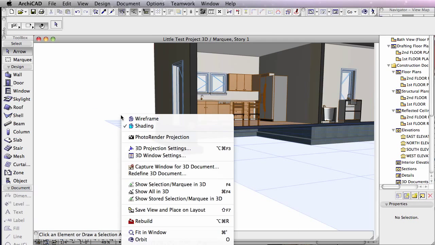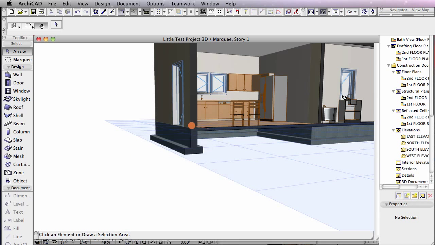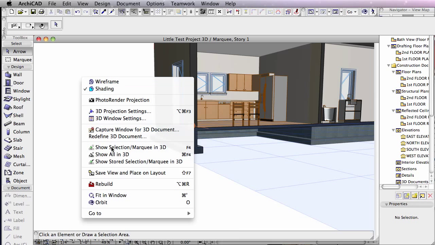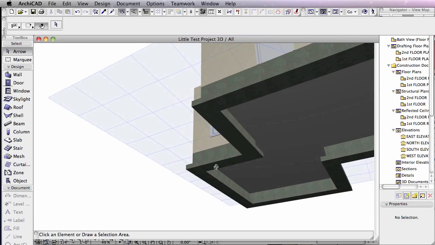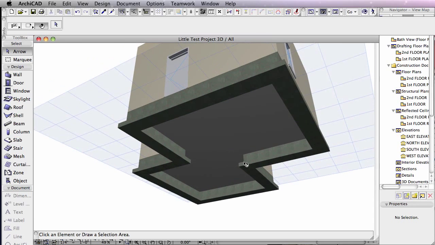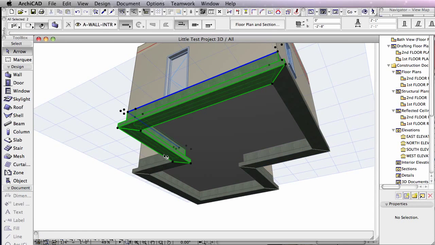Let me right click in here because remember we're cutting through my house and a marquee here, so I can right click and say show all in 3D. You can see it. Here's all the wall. One thing I forgot, which is easy to rectify, is I can just select by left clicking while holding down the shift key all these walls in here,